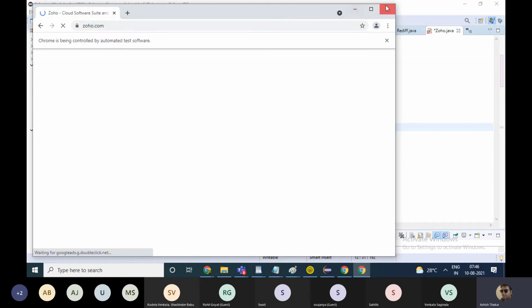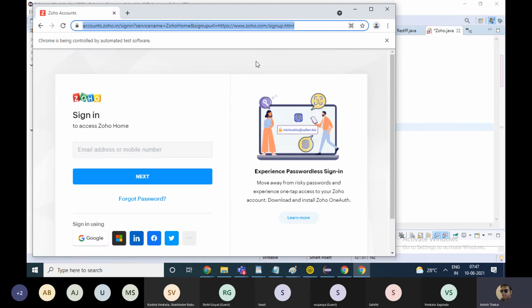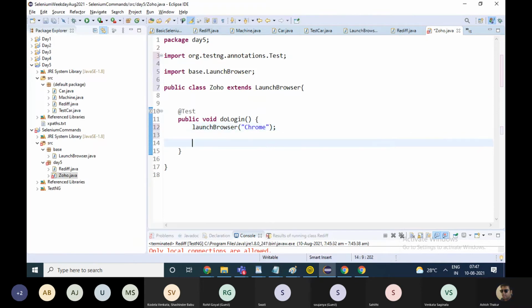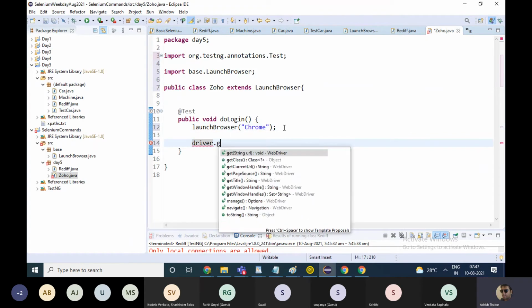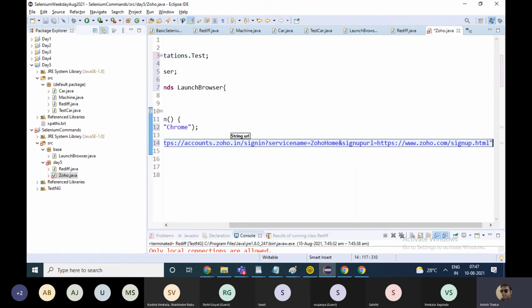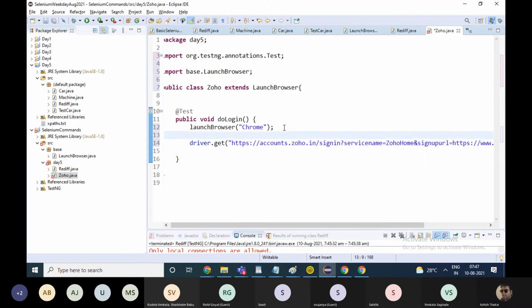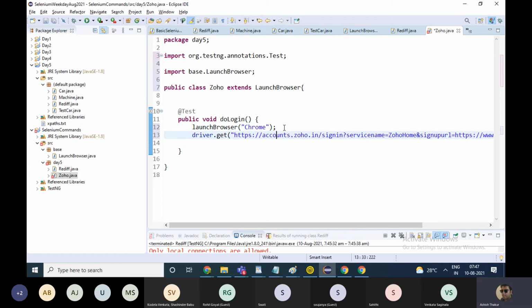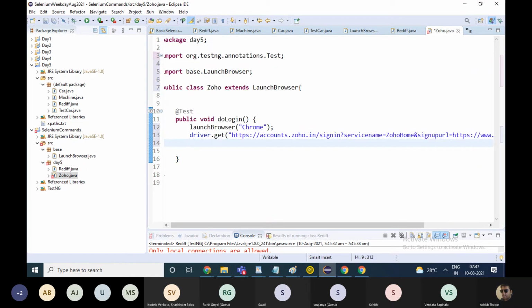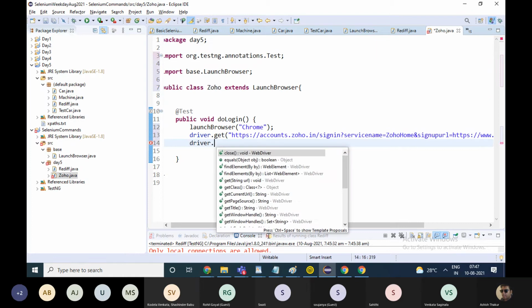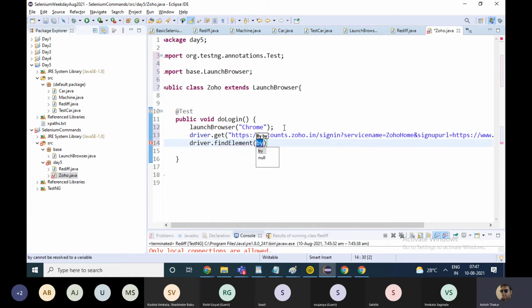So this is a reusable class I have made. You reach this website, you write driver dot get to this particular URL, and you write driver dot find element.